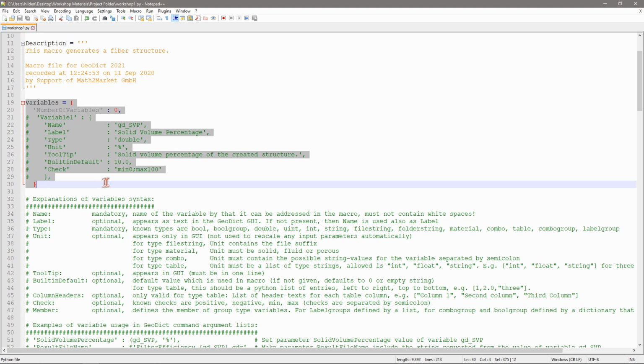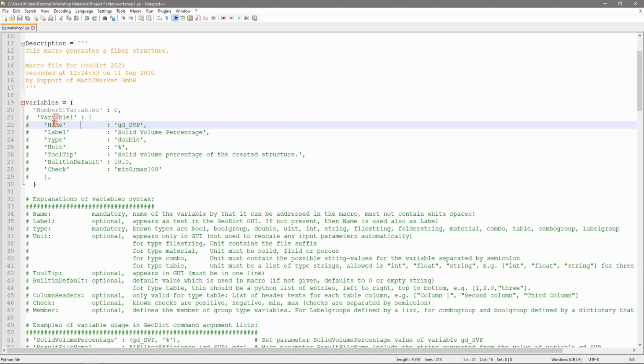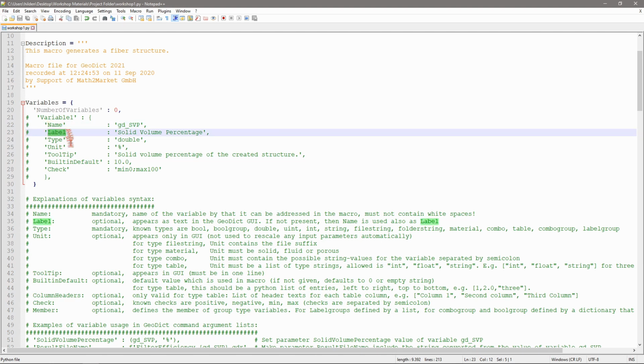By default, it's always a commented out example of the solid volume percentage, which is part of many structure generators in Geodict. This variables block consists of the name, which is used inside the macro, the label, which will be seen in the user interface,